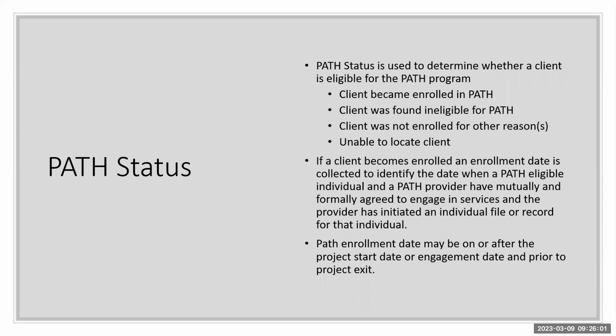PATH status is something that's entered into HMIS as well as a data element. It's used to determine whether a client is eligible for the PATH program. So there's a determination of eligibility. You state that the client has been enrolled in PATH, or if they were found ineligible, and if they were not enrolled, what the reasons were, or if they lost contact with the client and they were unable to locate the person. If a client becomes enrolled, an enrollment date is collected and identified and put into the system,